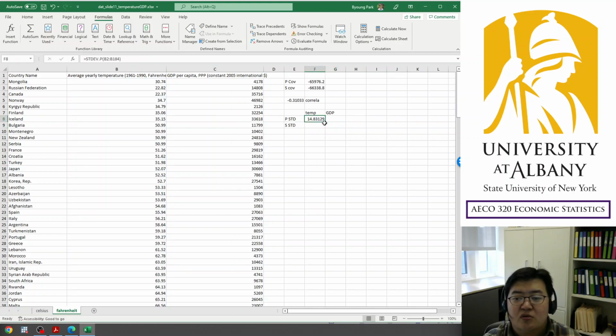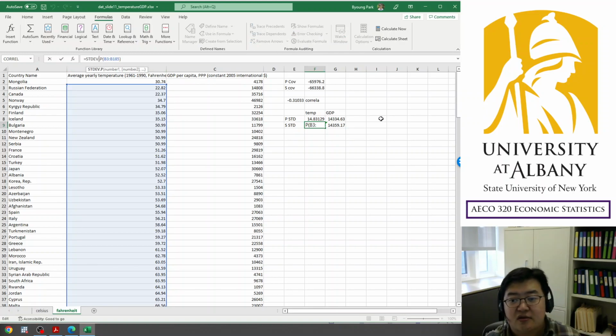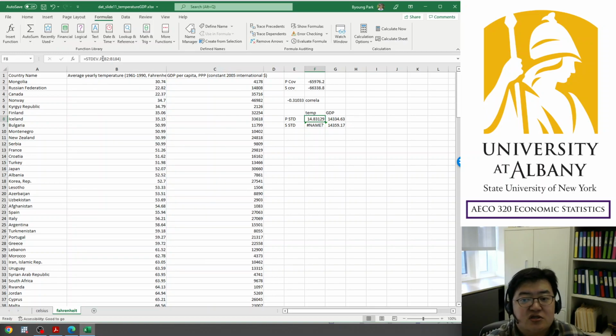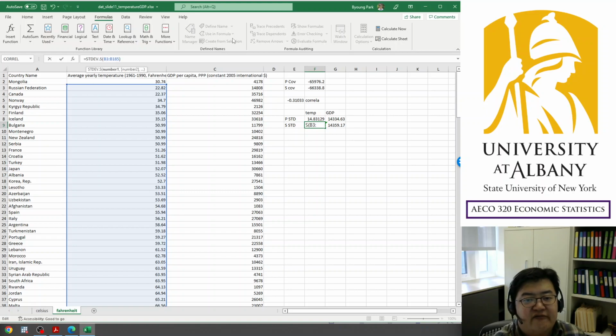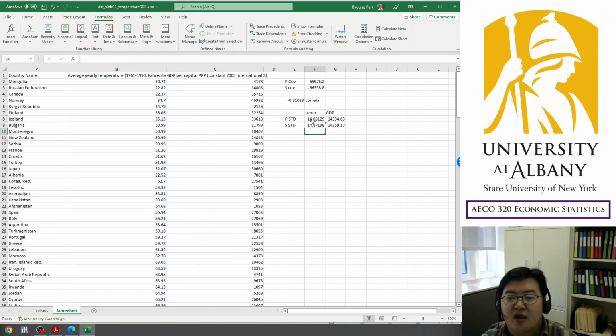Okay, so standard deviation does not need both at the same time. So we have population standard deviations and sample standard deviations. You can just change STDEV.P to S and redefine the array. Okay. Look at this. So I calculated standard deviations for each variable using 2 formulas,